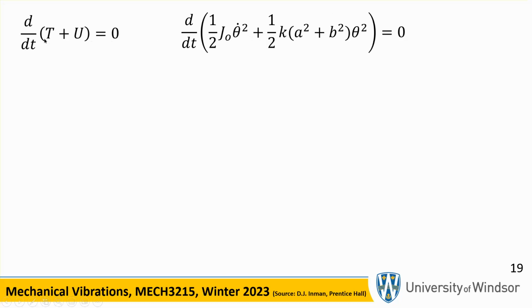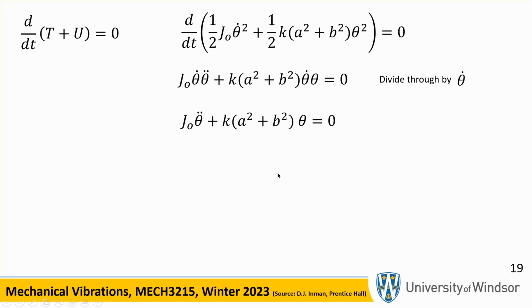Just put here T plus U from the previous page, and you use your good old chain rule here to do this differentiation. The 1/2 disappears because there's a power of 2 here. See that? The 2 and 1/2 kill each other. And divide through by theta dot, and you're going to get your